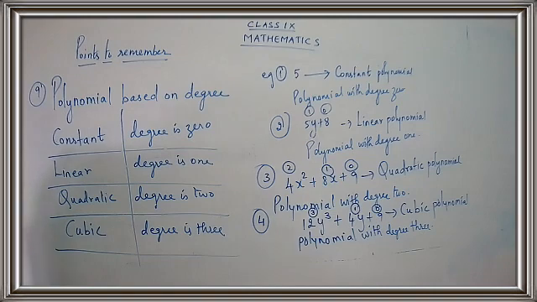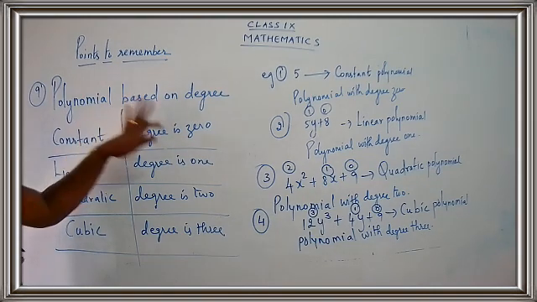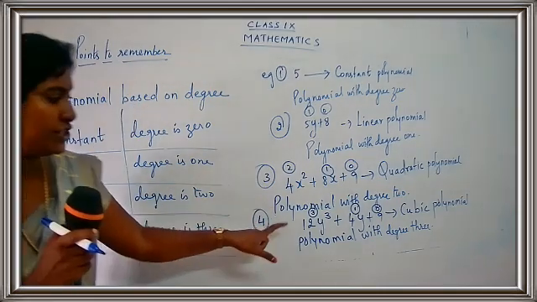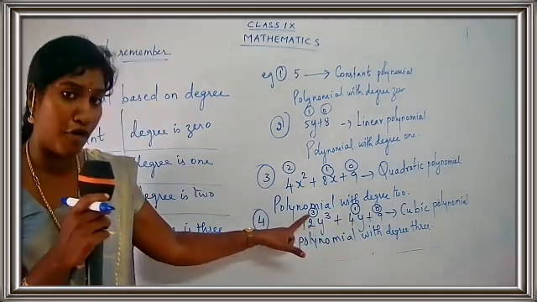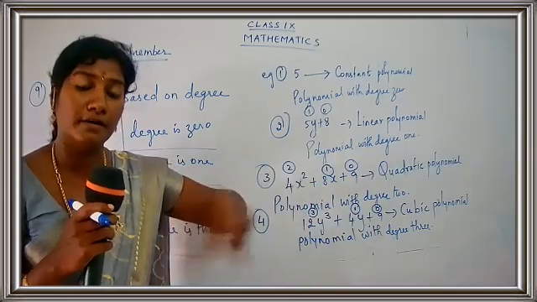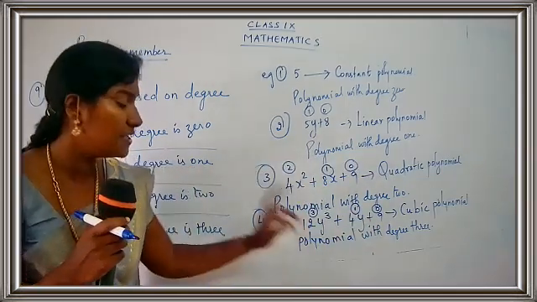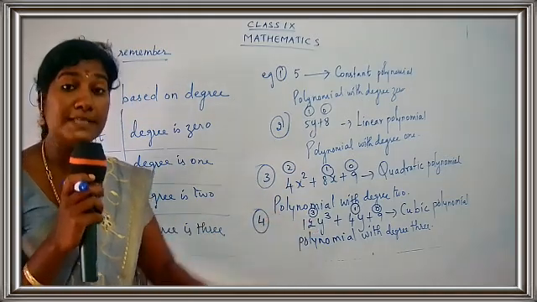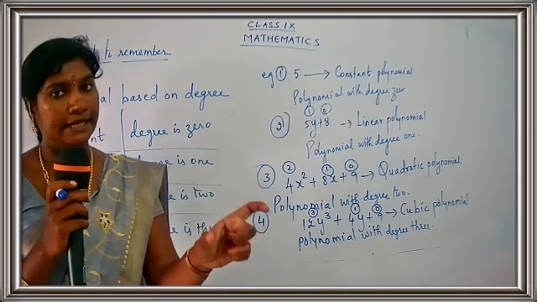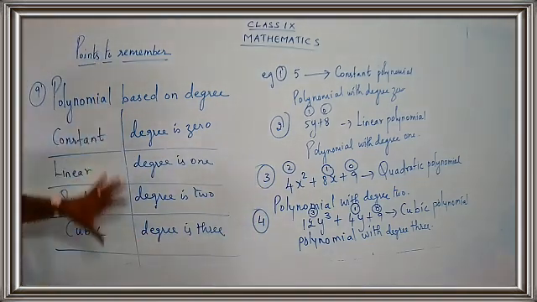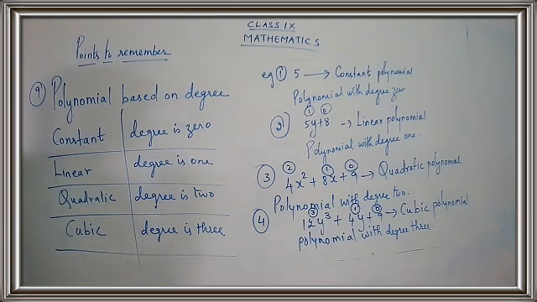I hope you are clear with what is degree here. The main thing is degree. So what is degree? The degree is the highest power. So just compare all the powers. So we have found the powers. This is 3, this is 1, this is 0. So when you compare the powers, which is the biggest power? Surely 3 is the biggest power. So the biggest power is called the degree. So if you have the degree 3, you have to call it cubic. So you people have to know all the different definitions.